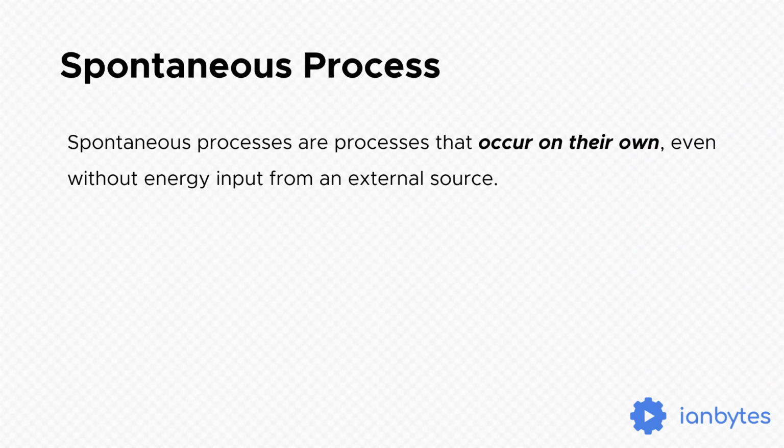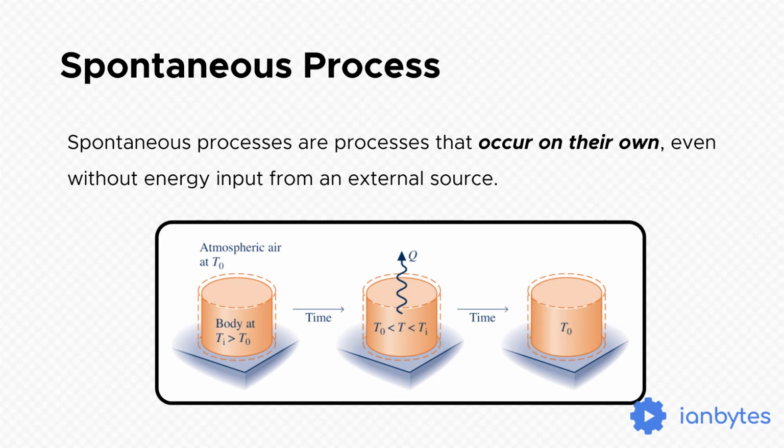Simulan natin ang diskusyon sa tinatawag nating spontaneous process. By definition, a process is said to be spontaneous if they can occur on their own kahit na walang presensya ng energy input mula sa isang external source. For example, ang isang body na ang overall temperature niya ay mas mataas kaysa sa temperature ng kanyang environment. We can observe that heat will transfer from the body to its environment over time hanggang sa magkaroon ng thermal equilibrium between the environment and the body. Eventually, magiging parehas lang ang kanilang temperatures. Take note that this process will occur kahit na wala tayong other intervention with the body.